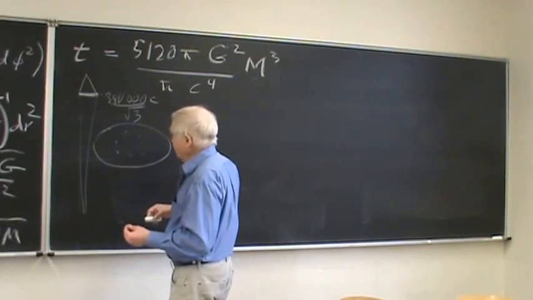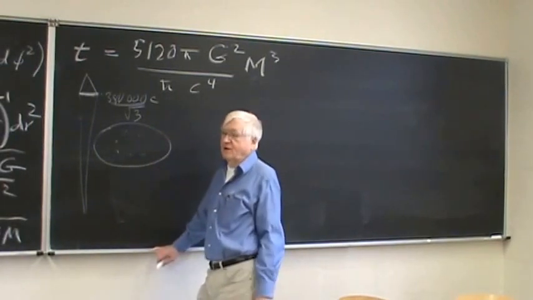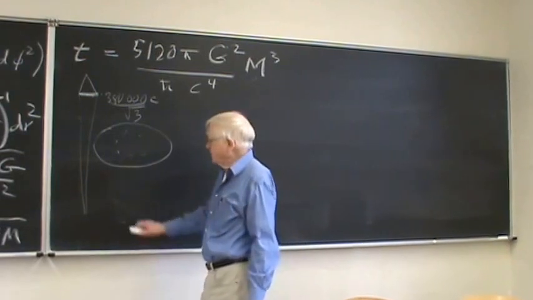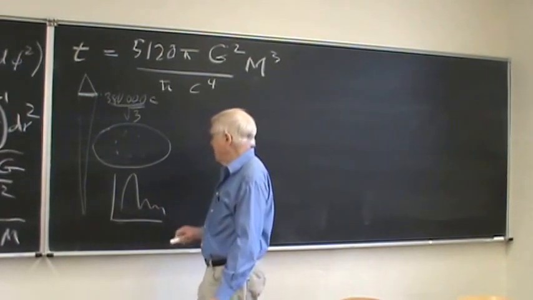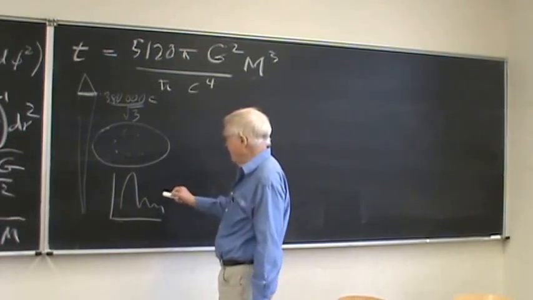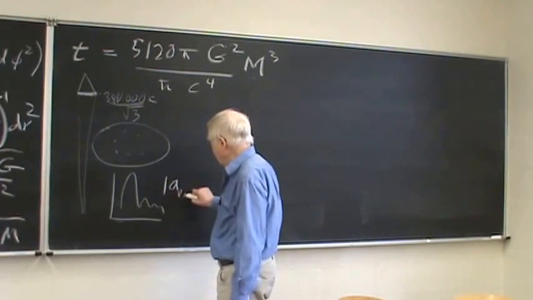What you do is you get a plot something like this, which is a plot of the absolute value of ALM